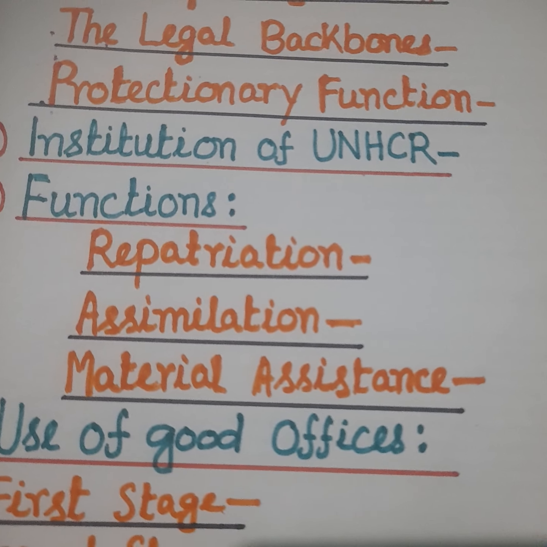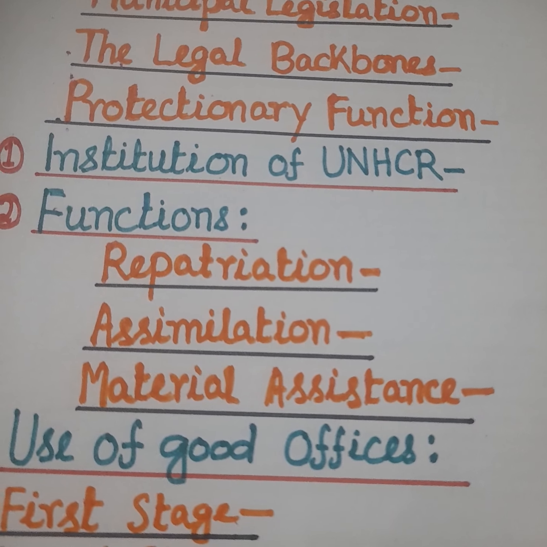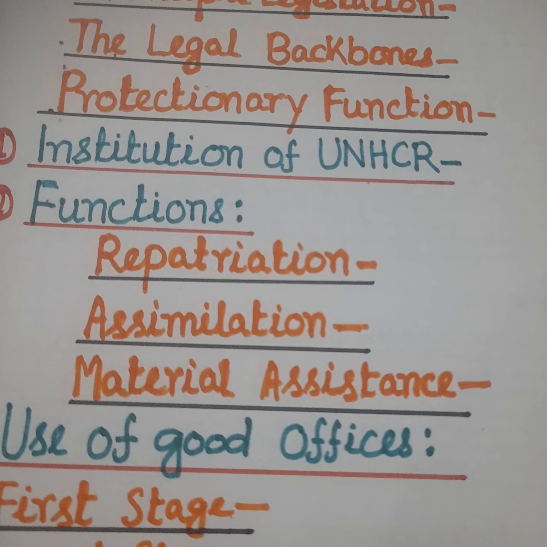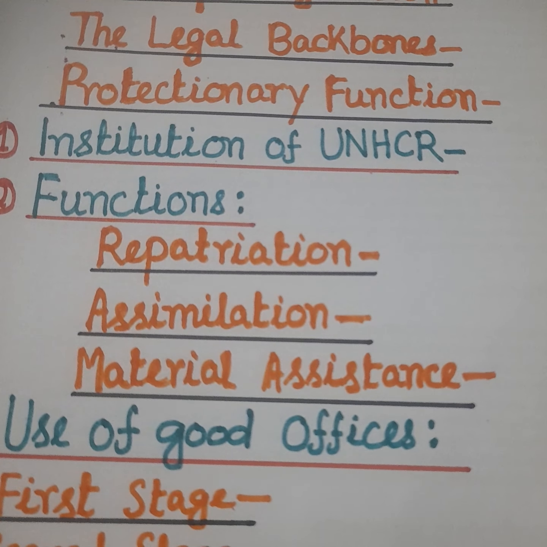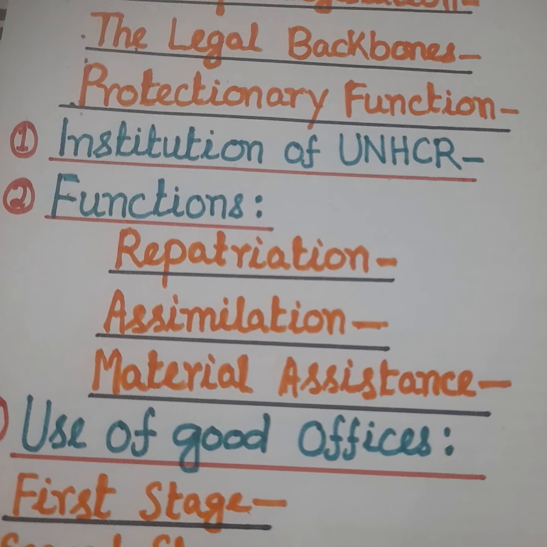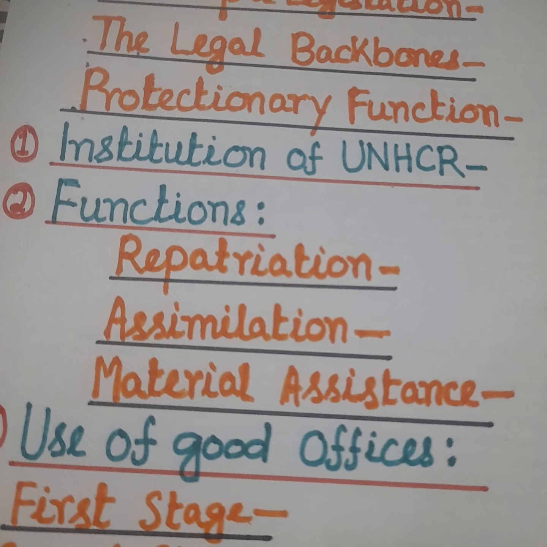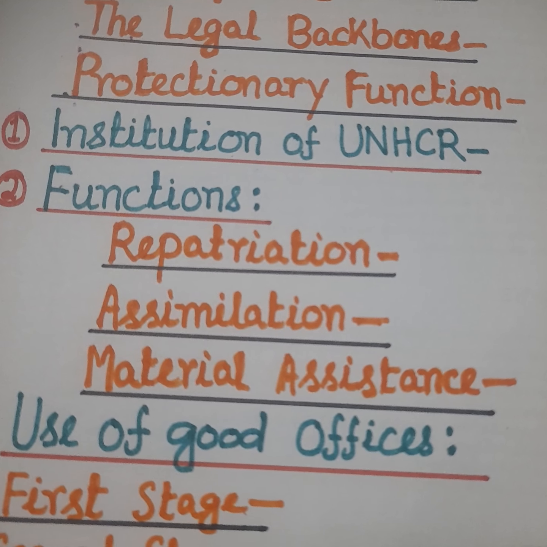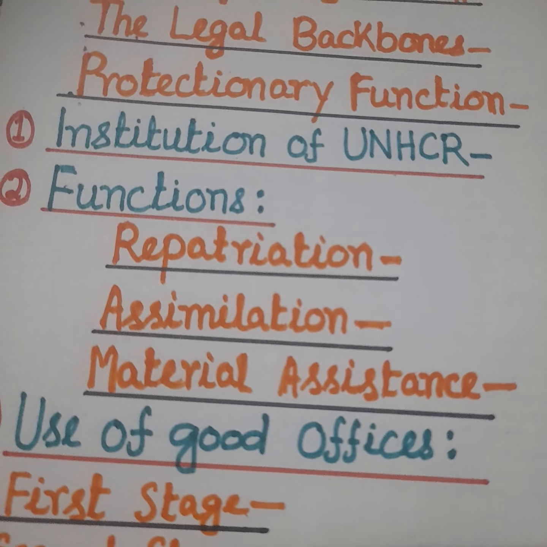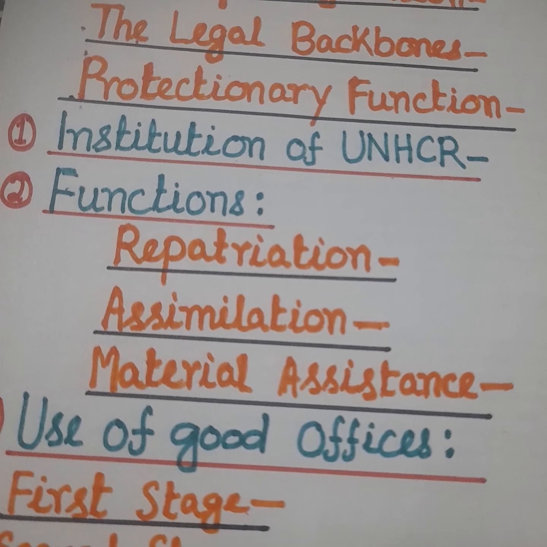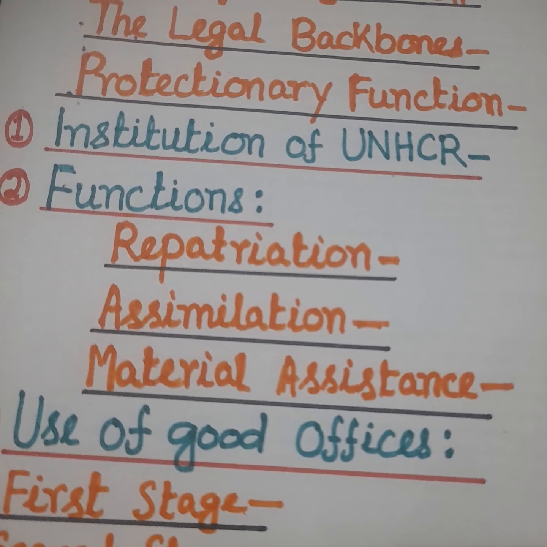And as such, regarding the very function of the United Nations High Commissioner for Refugees as defined in the statute under Article 1, the provision follows: the United Nations High Commissioner for Refugees, acting under the authority of the General Assembly, shall assume the functions of providing international protection, under the auspices of the United Nations, to refugees who fall within the scope of the present statute, and of seeking permanent solutions for the problems of refugees by assisting governments and, subject to the approval of the governments concerned,